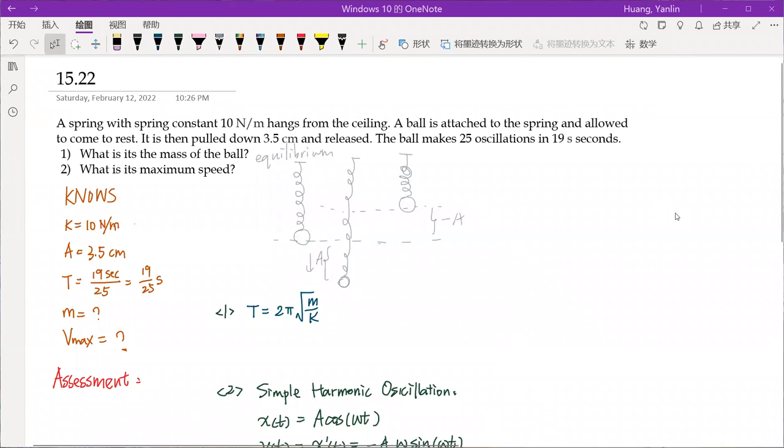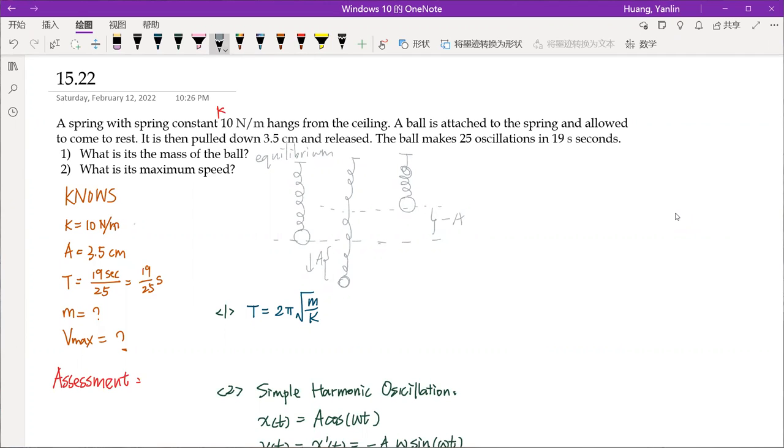Hello everyone, I'm here to make a video about question 15.22. Let's read over the question first. Here's a spring with the spring constant k equal to 10 Newton per meter, as I write it here,